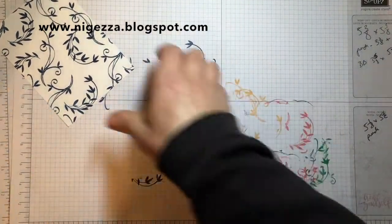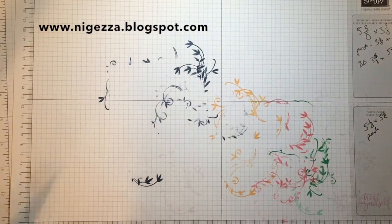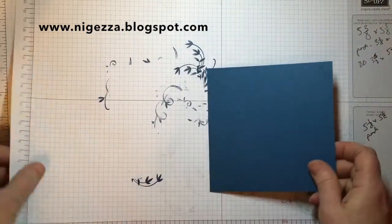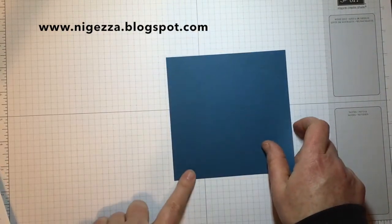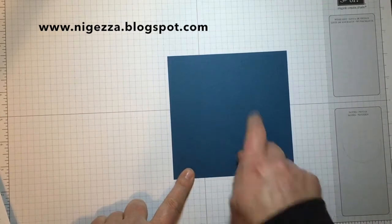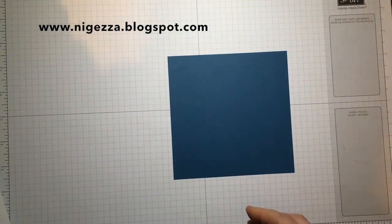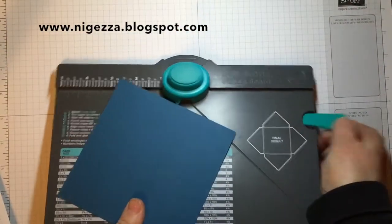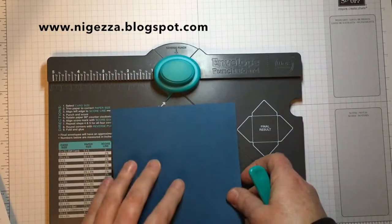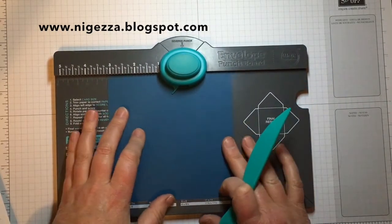So now we need to make the little box, and to make the little box you need, I'll move my dirty paper out of the way now that stamping's done, you need a piece of paper that is 5 1/8 squared, and the envelope punch board. Love this tool, my most used, I think, tool. So you're going to punch at 3 1/8